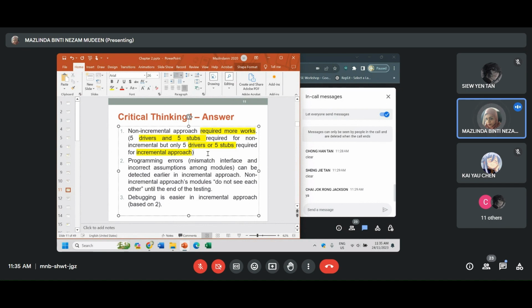So in that case, I will only need either one. If I use top down, starting from the main module to the lower level modules, which one will I need, driver or stub? If I choose the top down strategy, I start from the main module and move to lower levels, which one will I need,